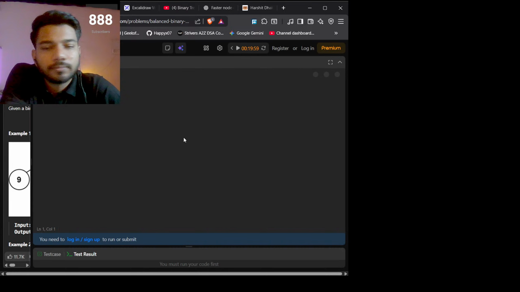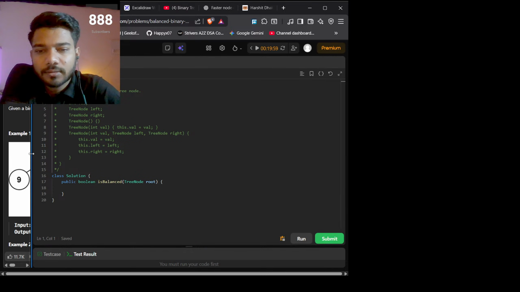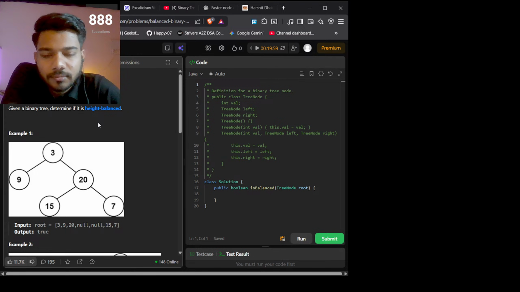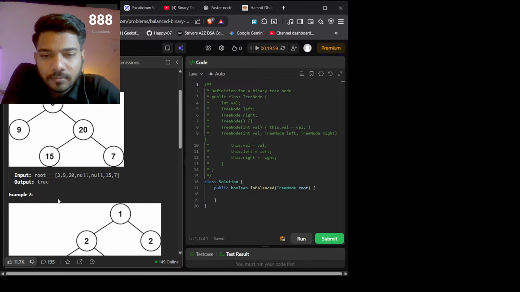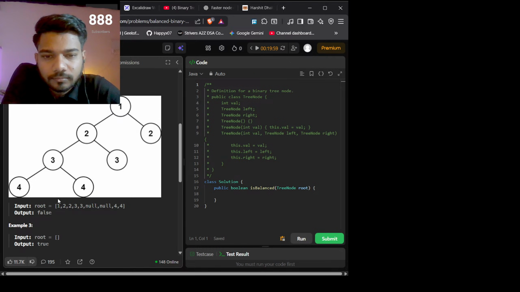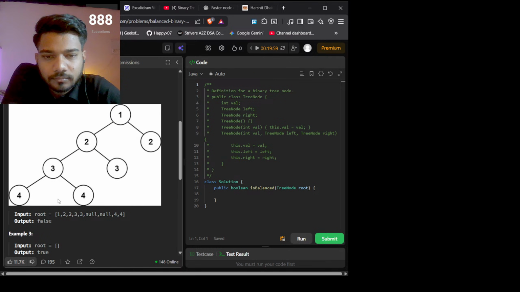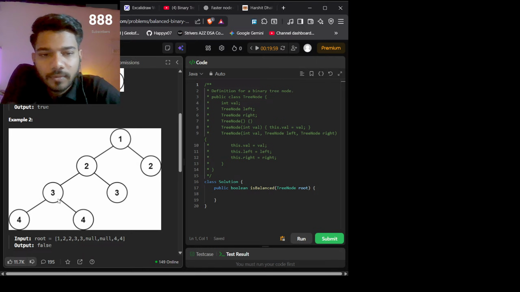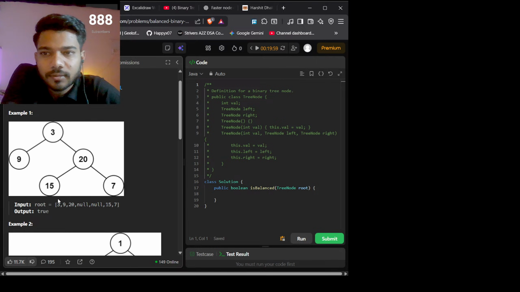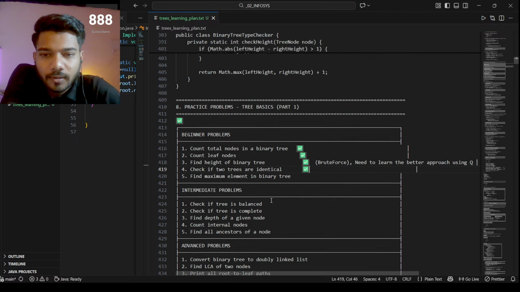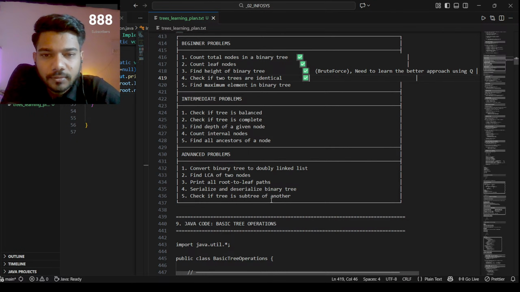So a tree is height balanced if it is height balanced, then it should have exactly 0 or 2 childs. Am I right? Height balanced trees